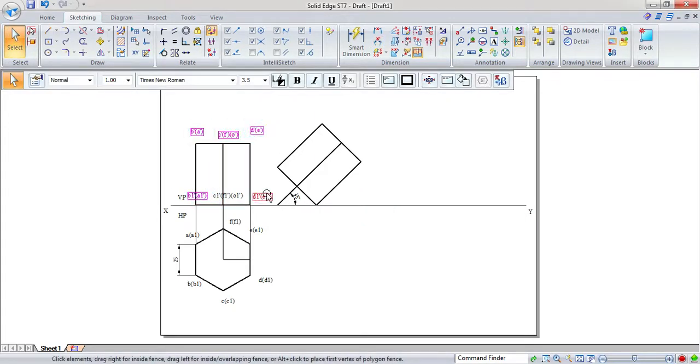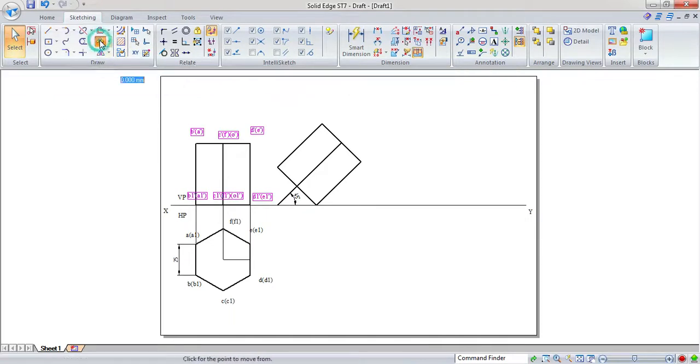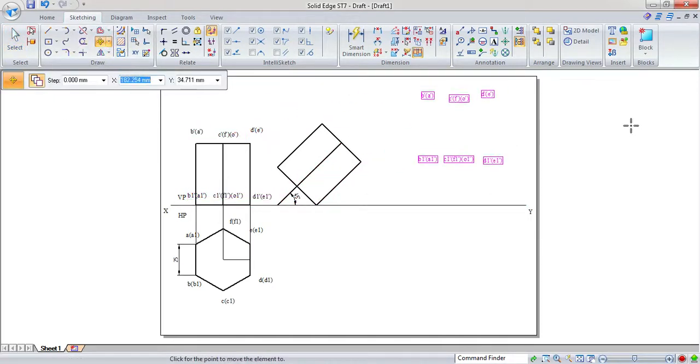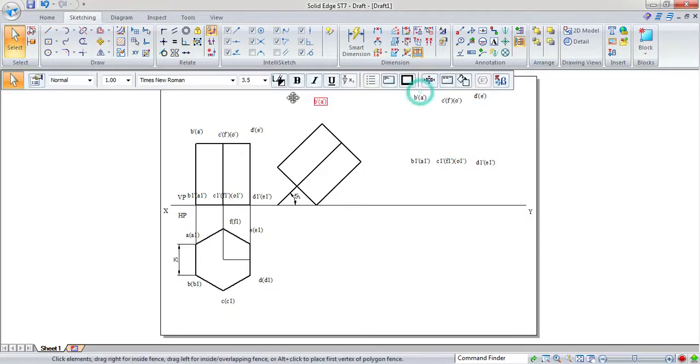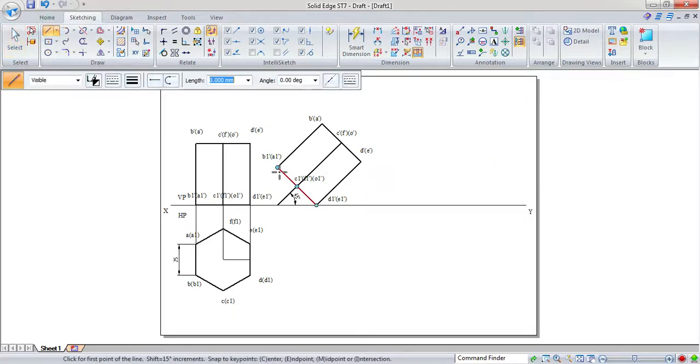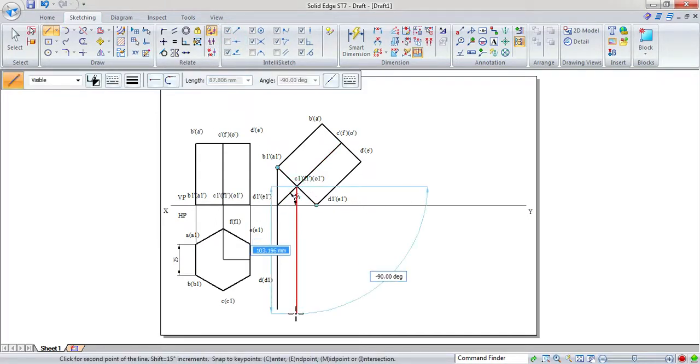So instead of writing once again, as I told you, I'll make use of a move command and I will drag to the corresponding points here. So writing the annotation is a very important step. Now draw the downward projections from all the corners.